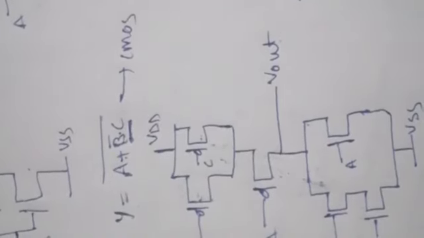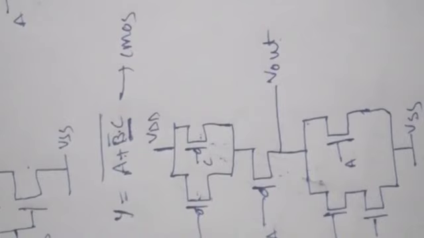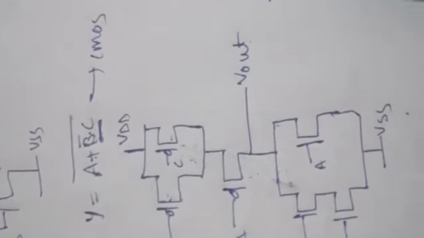Again we have to implement one more inverter here, to simplify this one. That inverter input is connected to this one. Here you can collect the output voltage, VDD, VSS. If the Boolean expression does not have a complement, you can take two times bar. After that we can implement that logic circuit.